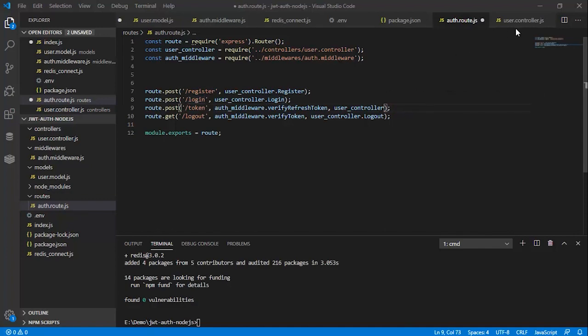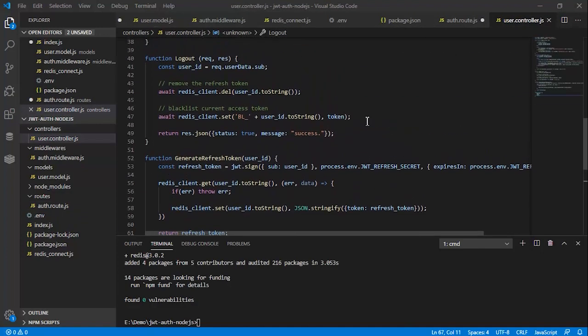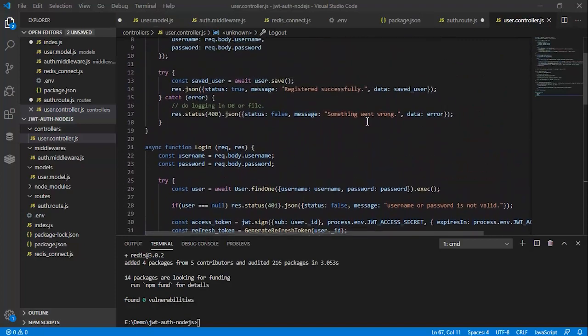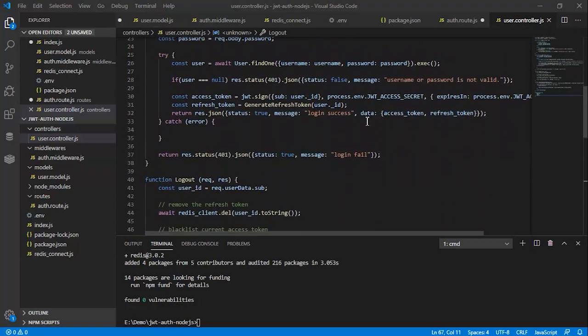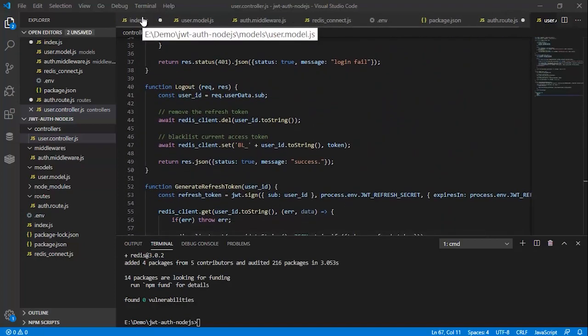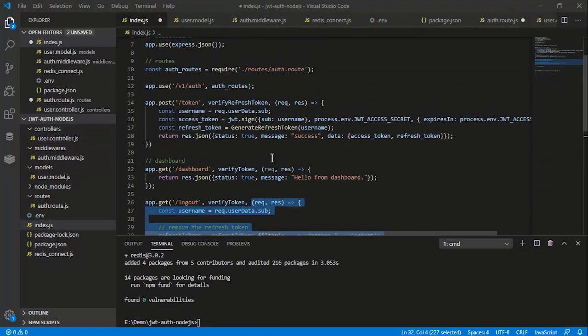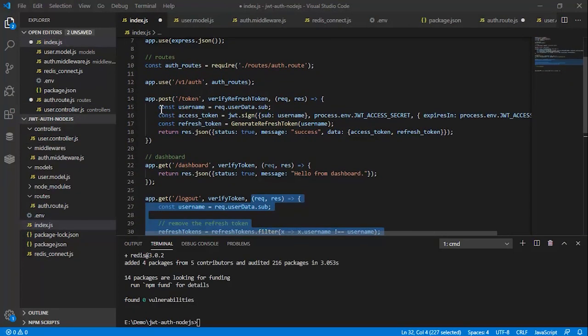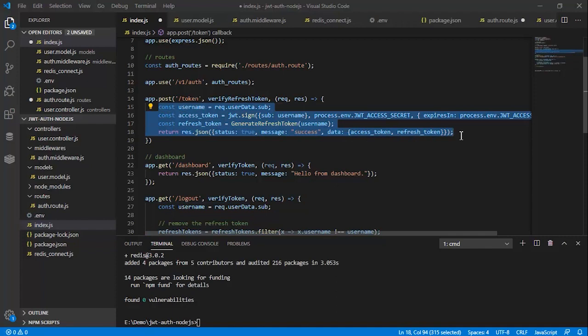So let me revisit that, and login. Yep, we don't have this token part here. Okay, so I will just copy this,